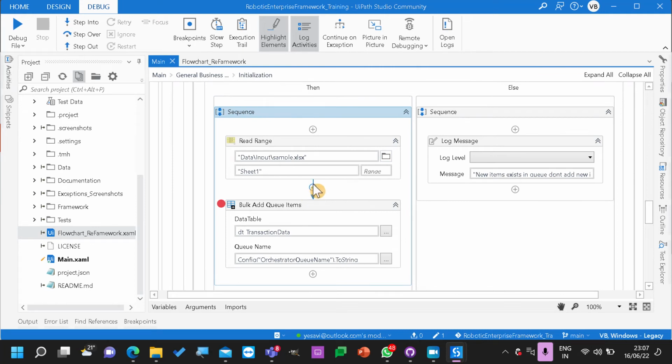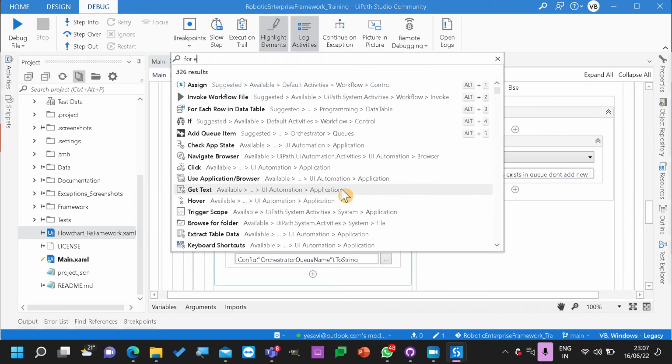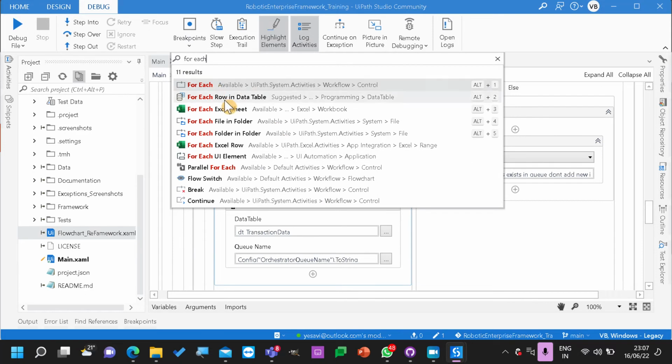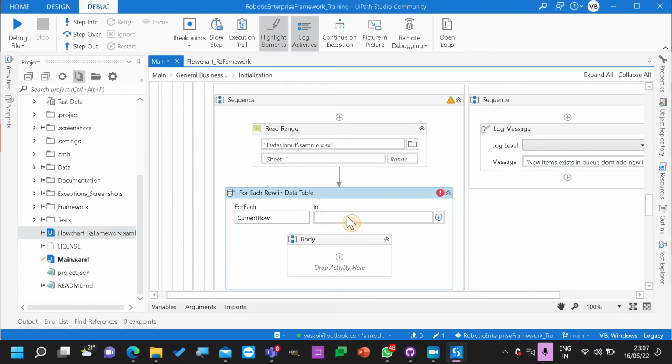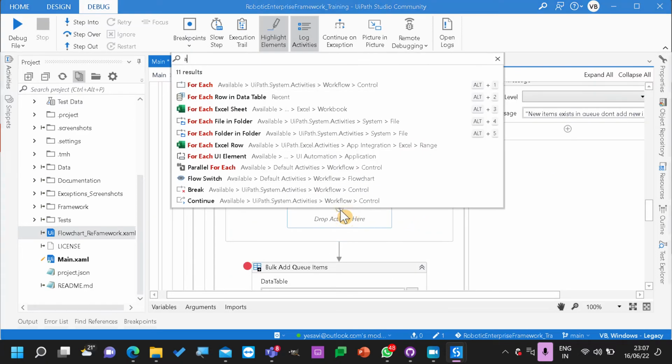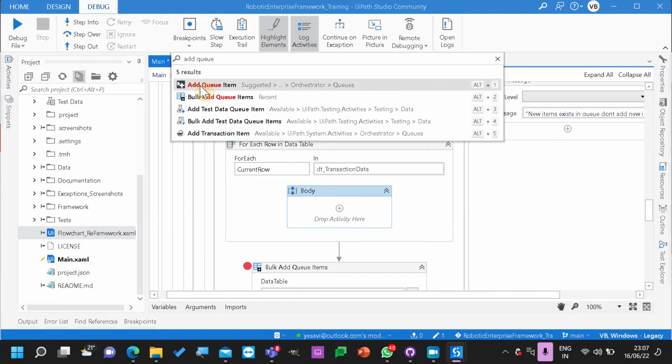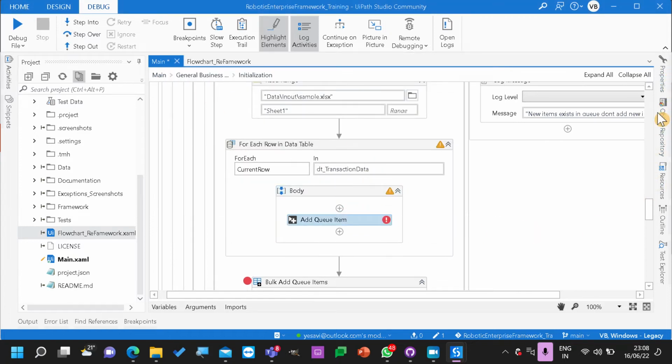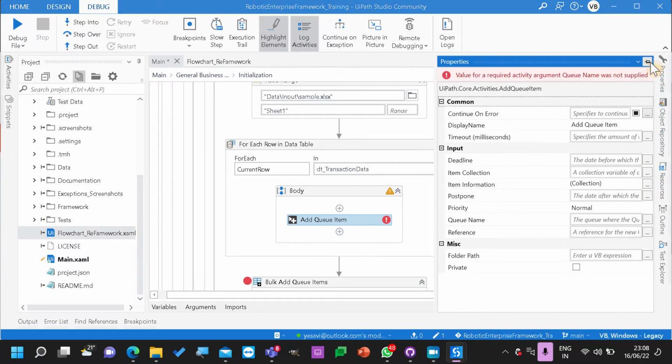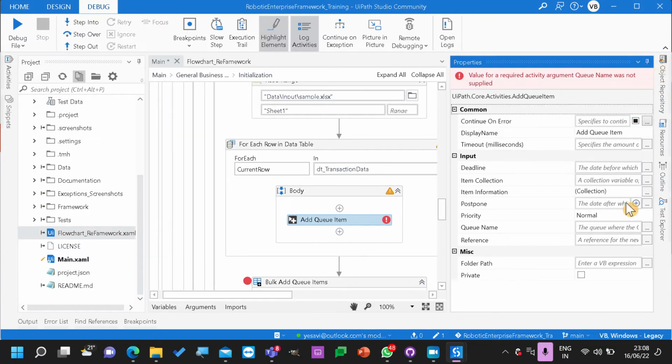So instead of doing this, let's add a for each loop, for each row in data table. Now for each row, this is DT transaction data, and here add queue item, and in this add queue item, you need to send properties.